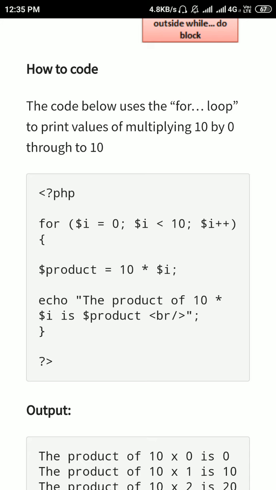So you write the code for multiplication, 10 into I, and then print the value using the keyword echo. The product of 10 into I is the product, and then br is used to break the line. The br tag is not mandatory for opening and closing, so you can write the br.